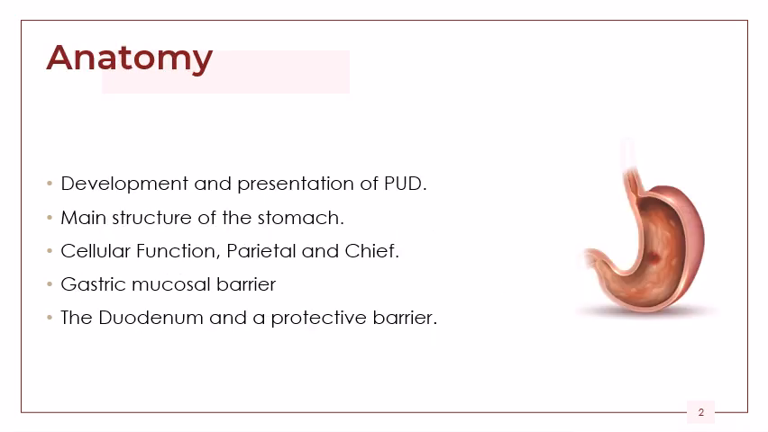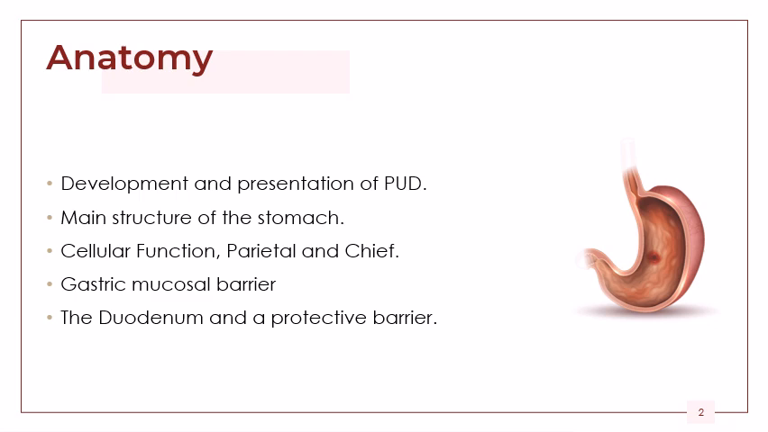As we explore the anatomy, we're going to look at the development and presentation of PUD: the main structure of the stomach, cellular function, parietal versus chief cells, the gastric mucosal barrier, and the duodenum and its protective barrier. The anatomy of the development and presentation of PUD primarily involves the stomach and the duodenum. The main structure of the stomach is the stomach lining,